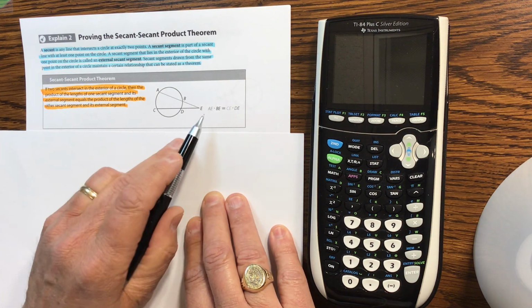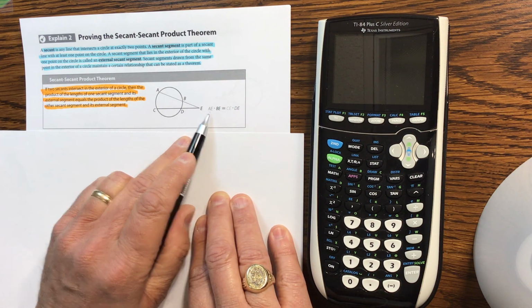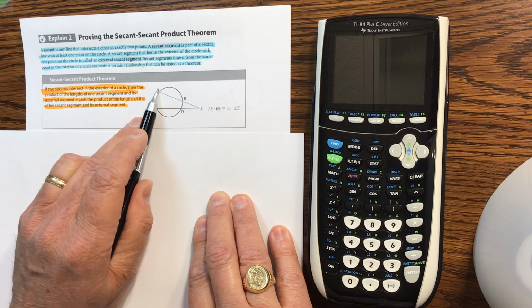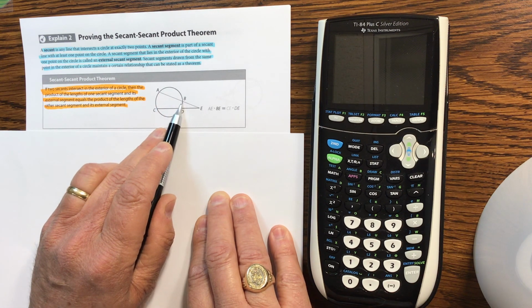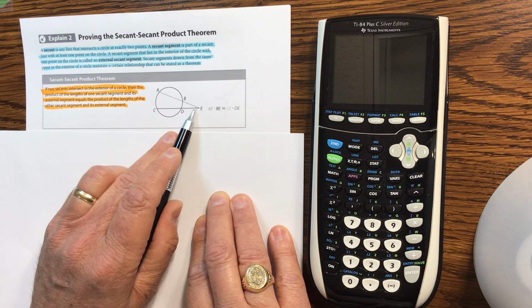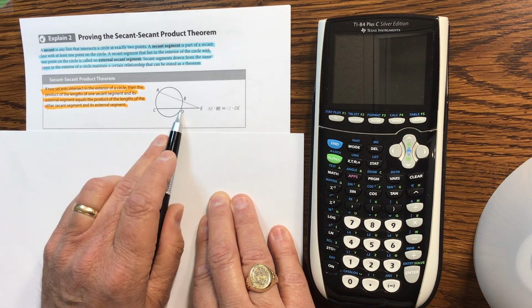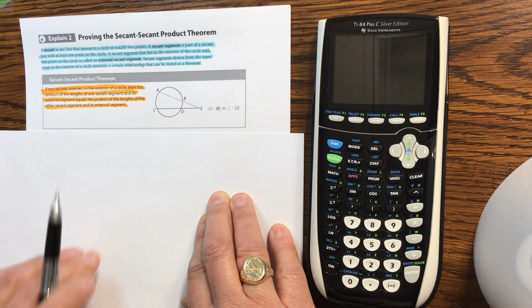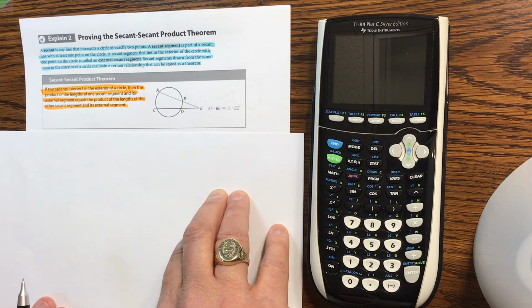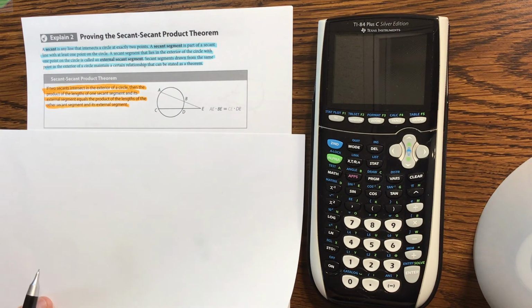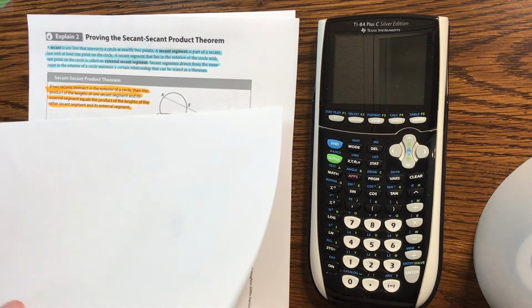In other words, what it's saying here is if I take the secant of AE and I multiply it times the external secant of BE, it has got to equal CE times the external secant of DE. So that is the secant product theorem. Again, we don't need to know the proof of it. So here,